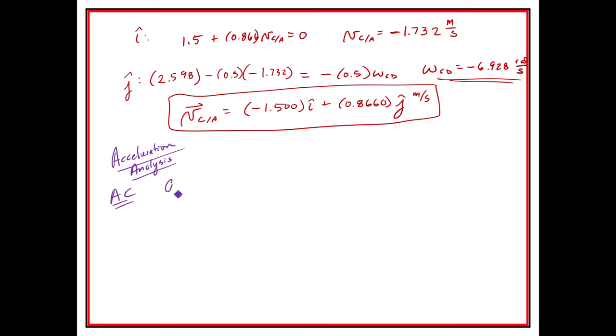And we write that the acceleration of C is equal to the acceleration of A plus the angular acceleration of AC crossed with RC with respect to A, minus omega AC squared times RC with respect to A, plus the relative acceleration, plus 2 times omega AC crossed with